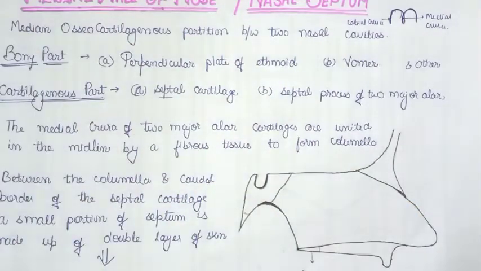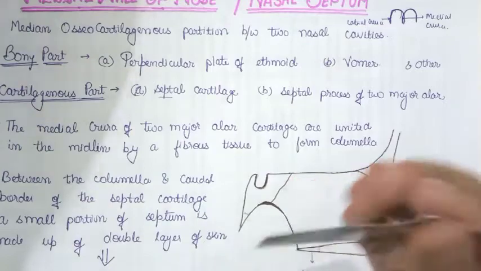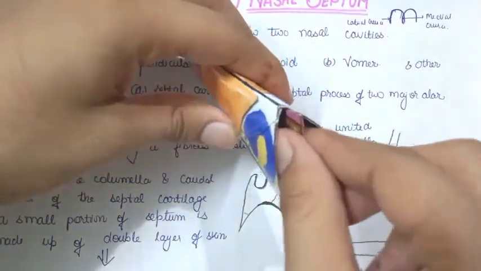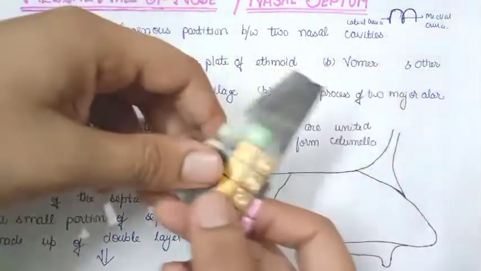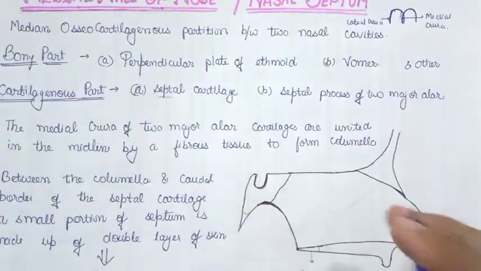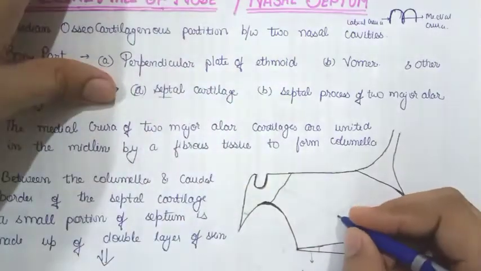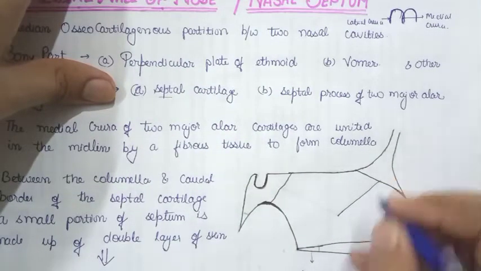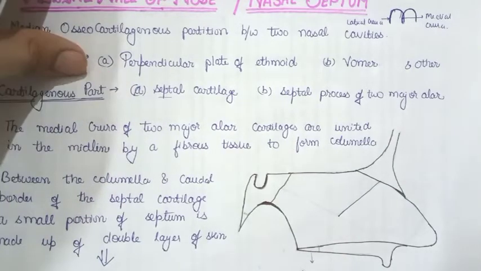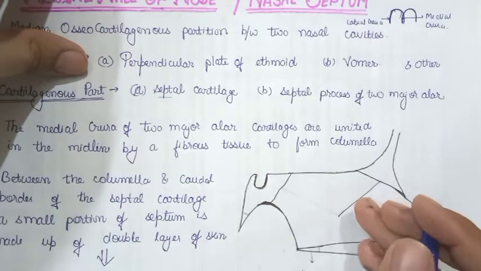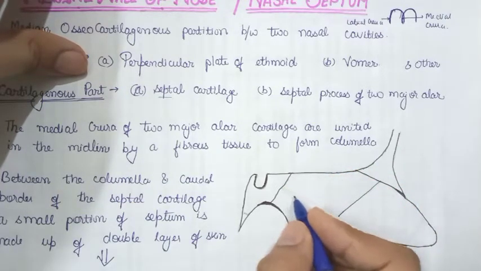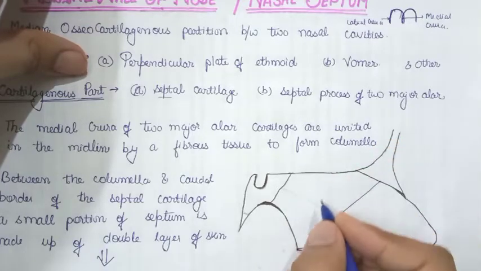So how do we study the medial wall, or how do we view the diagram? See, just suppose this is the nasal septum. You take out the nasal septum and have a view of it from the side; this is the anterior side and this is the posterior side. So this is how the nasal septum looks. We have divided the nasal septum into an anterior part and a posterior part. By this line we divide the nasal septum into the posterior part and the anterior part, but the posterior part itself is divided into two, superior and inferior.